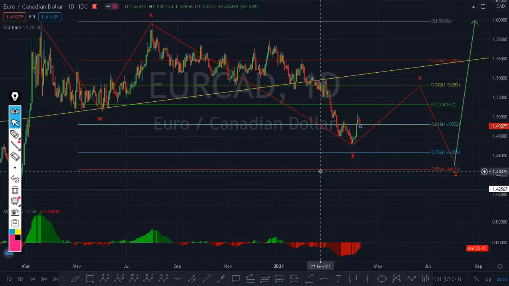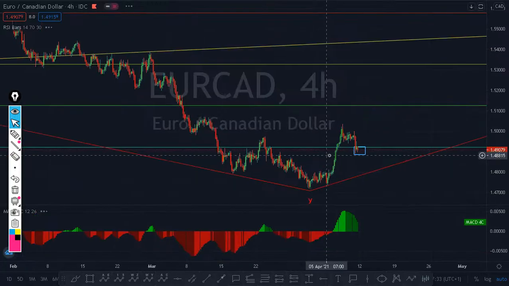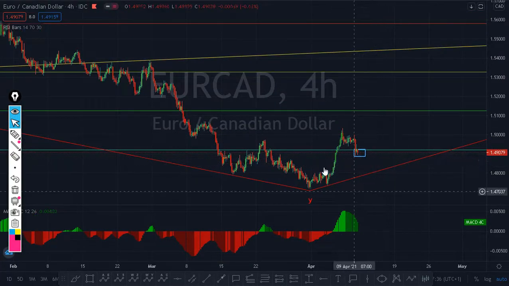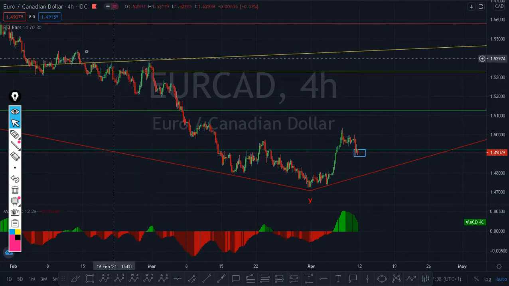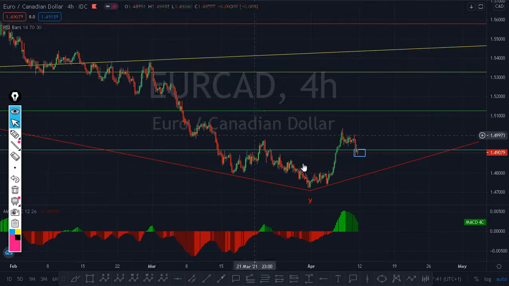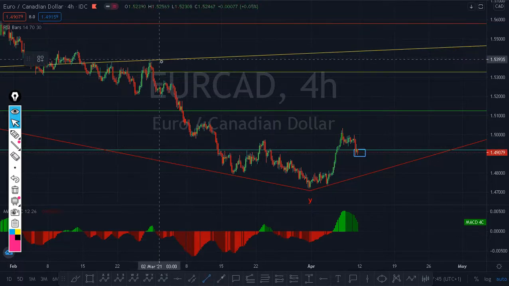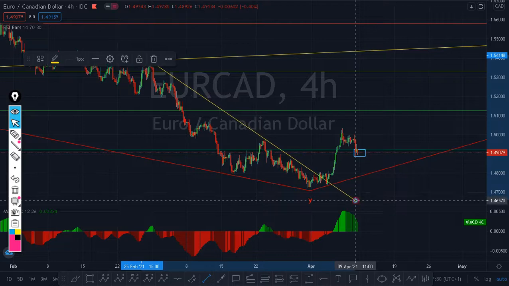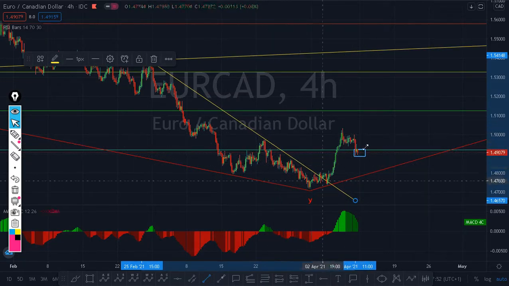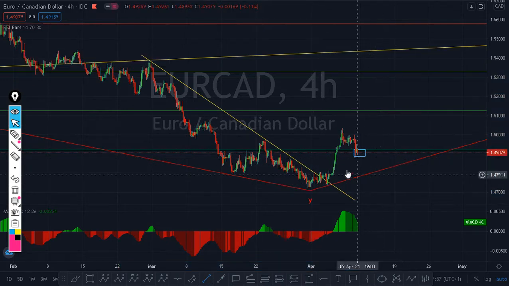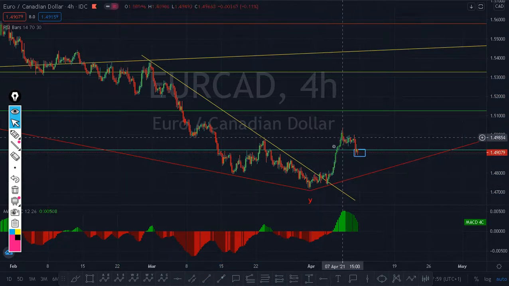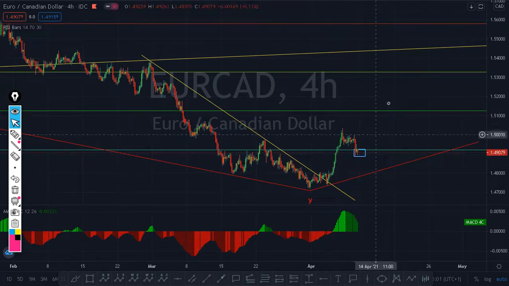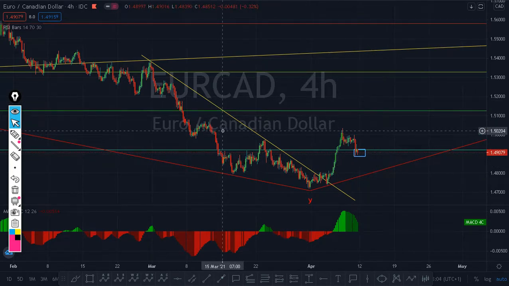Now let's go to 4 hours. In 4 hours, you see a very protracted down move. The down move took a lot of time, going down, and the channel has been broken. You can see after that it was going up higher. So you can see with this, the hope for the market to continue going up is here. So let's go to 2 hours.